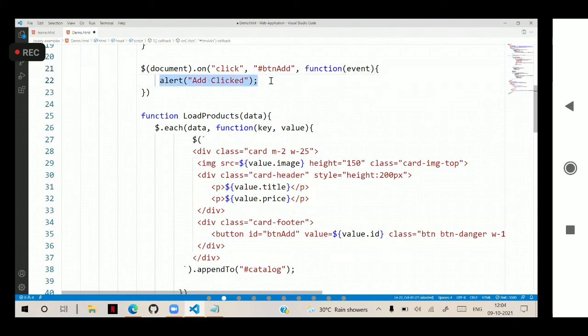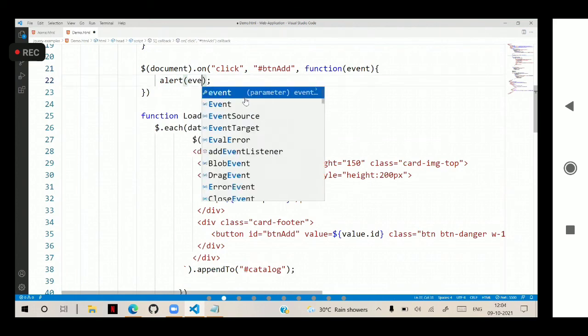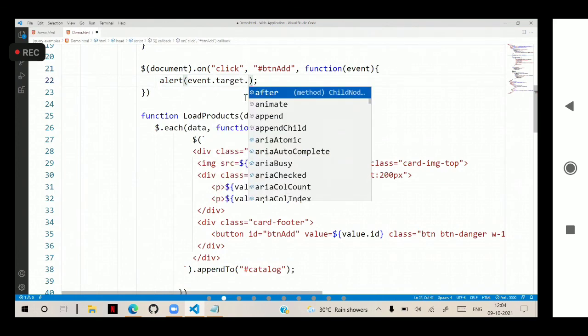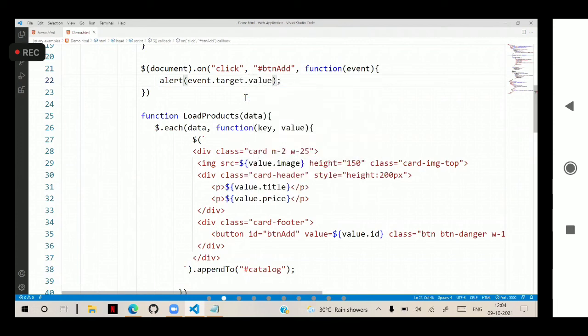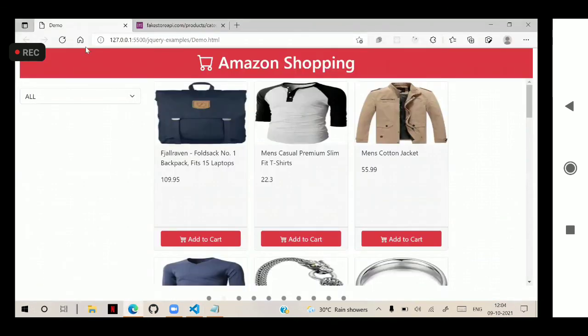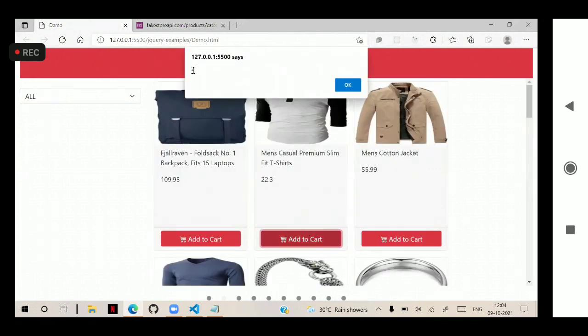And how do we access the event arguments? For example, I'm accessing event dot target dot value. That means the value of that particular item we are configuring. We are writing an event argument there. Now when I click on that, that particular ID will come, and when I click on this, that particular ID will come.